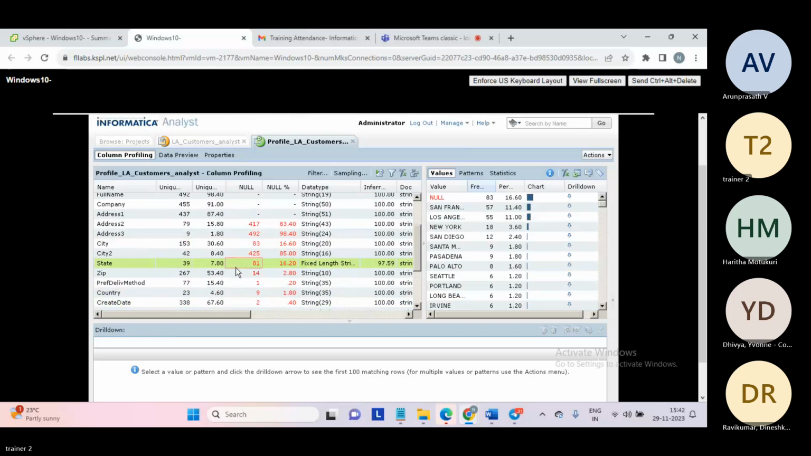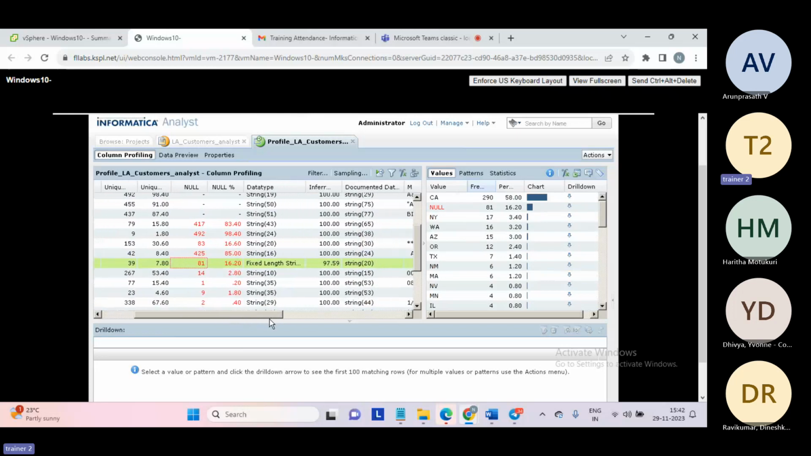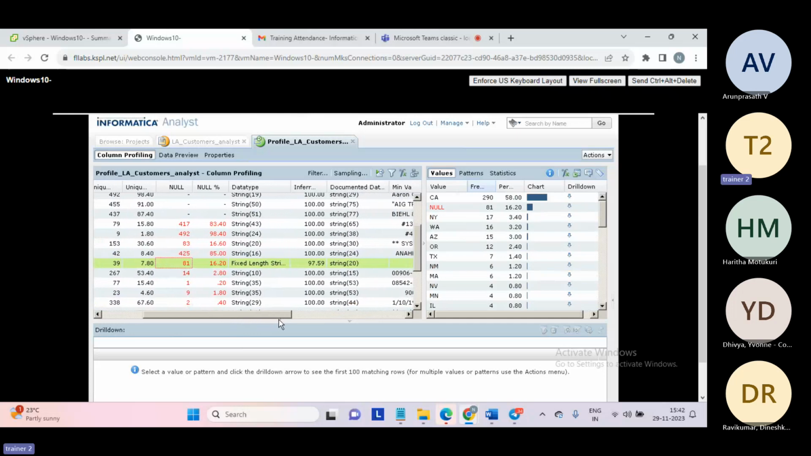See, there are 39 unique records, and 39 divided by 500 into 100 is 7.8. And percentage of null records: 81 are null records. Percentage is what? 16.2, which means 81 divided by 500 into 100, which is equal to 16.2. Now let us talk about